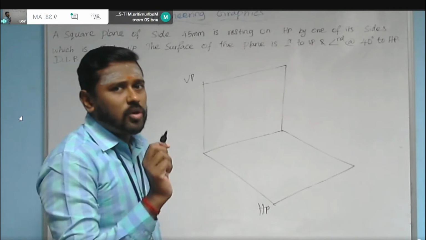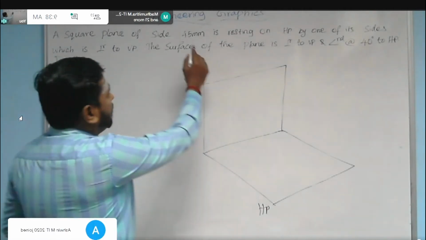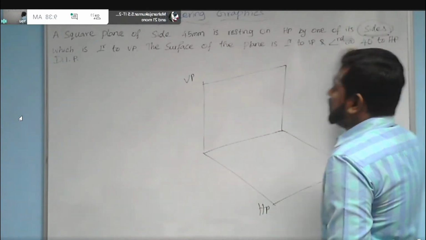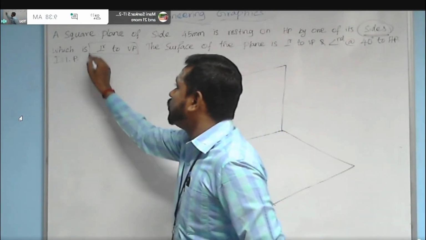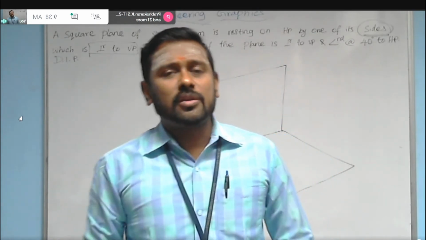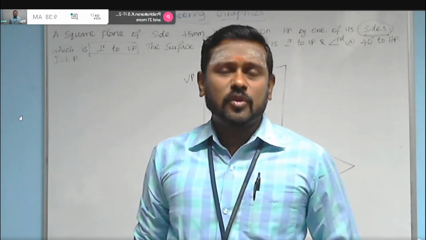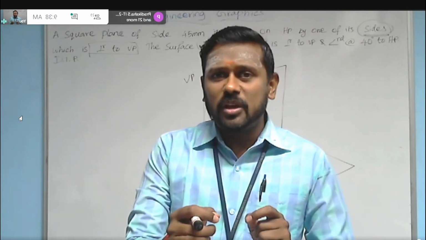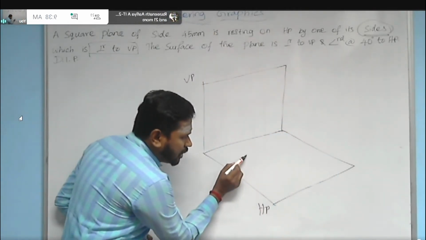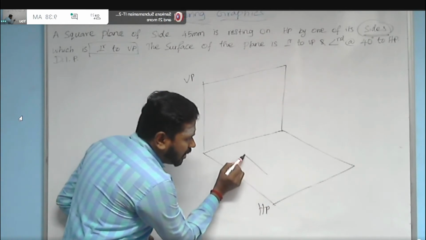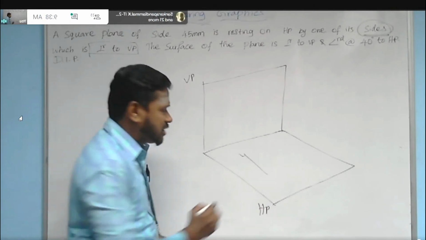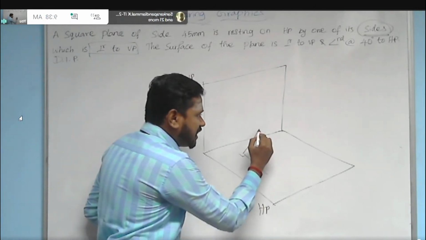In addition, one more constraint is given. The 45 mm side resting on HP is also perpendicular to VP. You need to consider that condition also. The resting side is perpendicular to the VP. So not only is it resting on HP, in addition it is perpendicular to VP. It is perpendicular to VP and resting on HP, and the remaining sides are in the air,